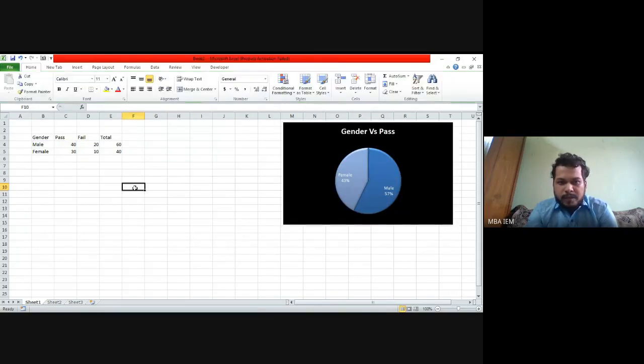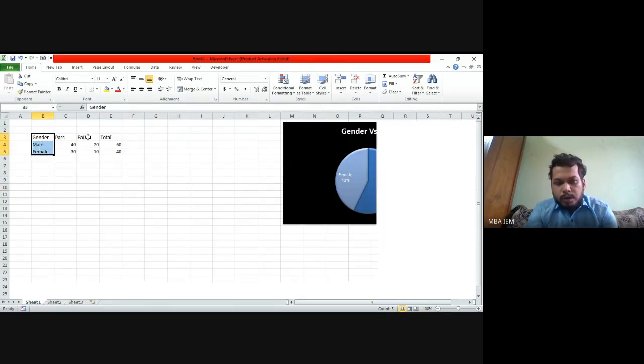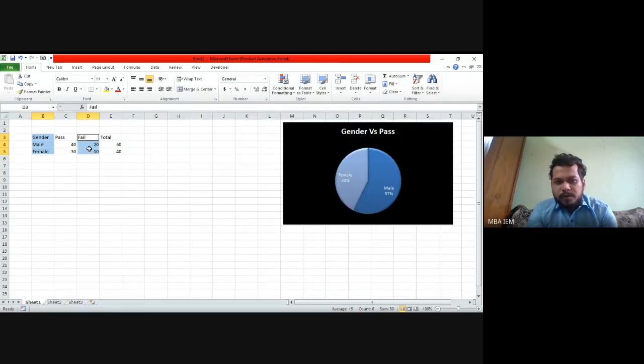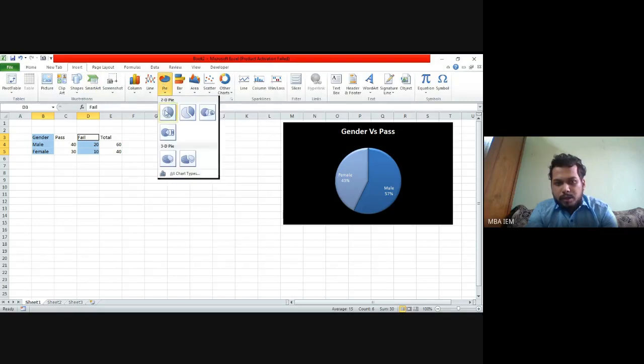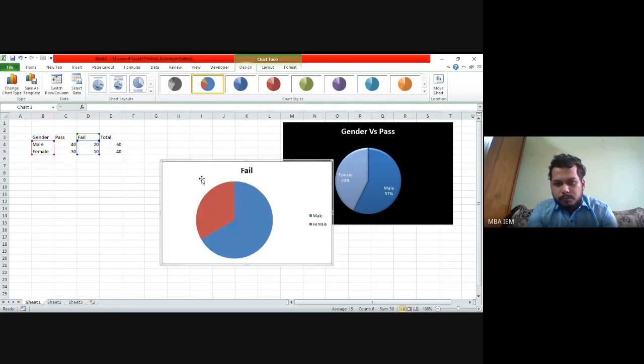If you want to select for fail, you can directly do it. For that we need to click on the category and click on control and click on the values. Now we can directly go to insert pie chart. So now I got the percentage of students failing.